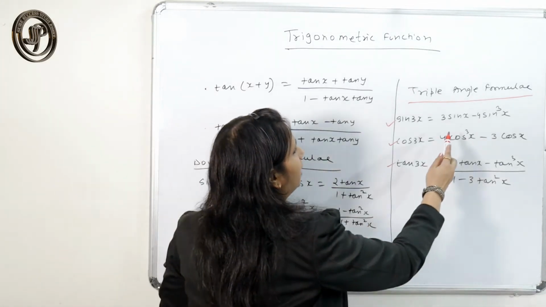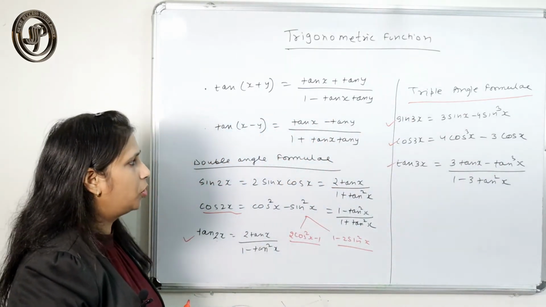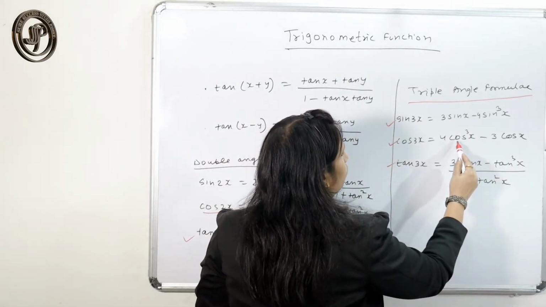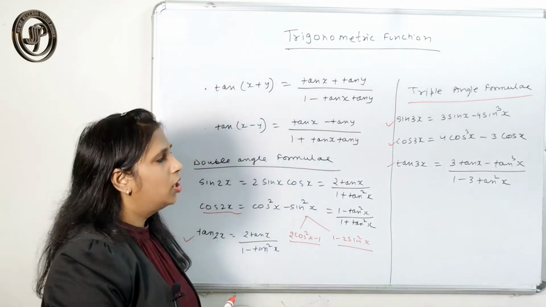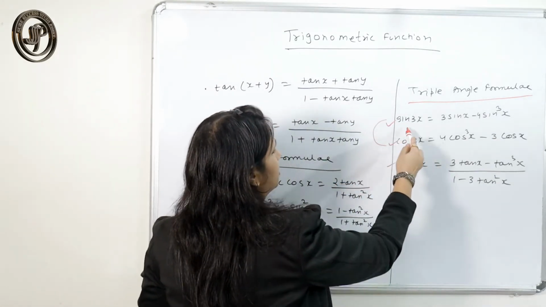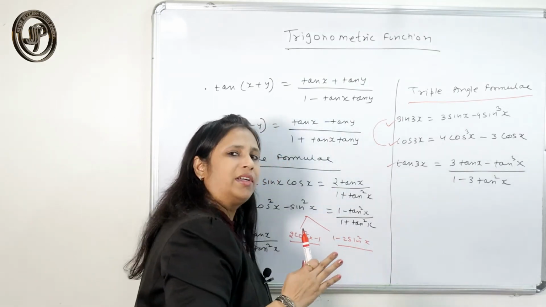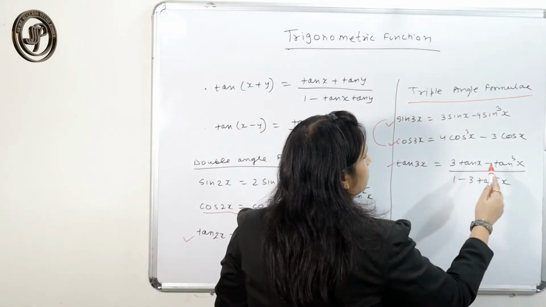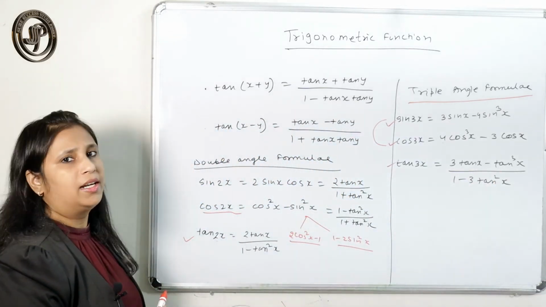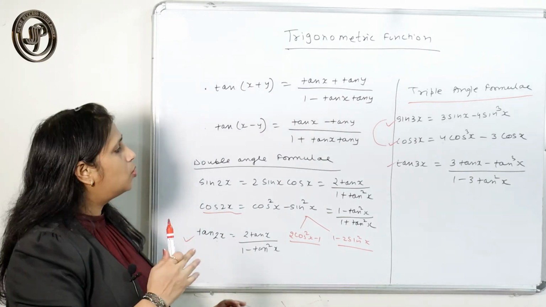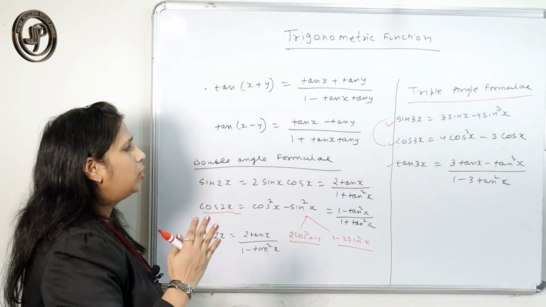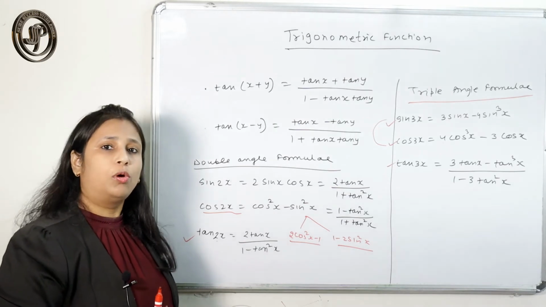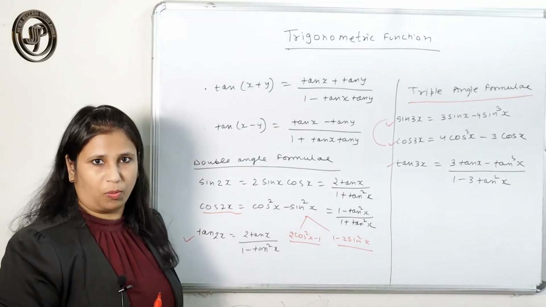So sin 3x is 3 sin x minus 4 sin cube x. Sin 3x is this, cos 3x is 4 cos cube x minus 3 cos x. You can even derive these formulas, just replace sin by cos, then you will get it. The best way is to directly mug up those formulas. So tan 3x is 3 tan x minus tan cube x upon 1 minus 3 tan square x. Right now you have enough time to memorize these formulas. Whether it takes you 1 month or 2 months to memorize them, that will be fine, but these are very useful. So give some time to memorize these formulas.